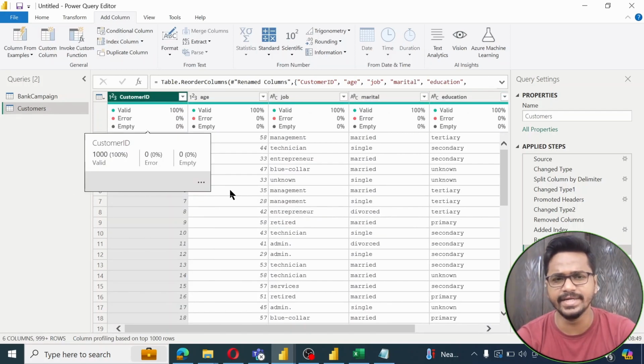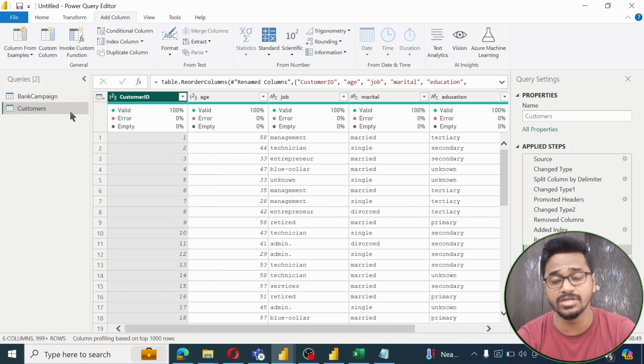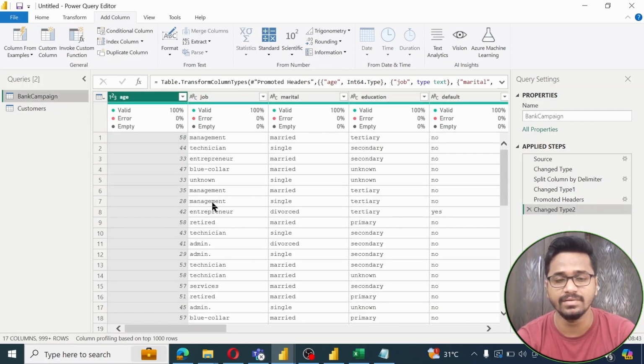So now we have created a customer ID column in the customers tables, right? But it's important that there should be interaction between these two tables. Okay, so we need the same column in the bank campaign table as well. Because this is all customers data, what I will do, I will create a new column in this